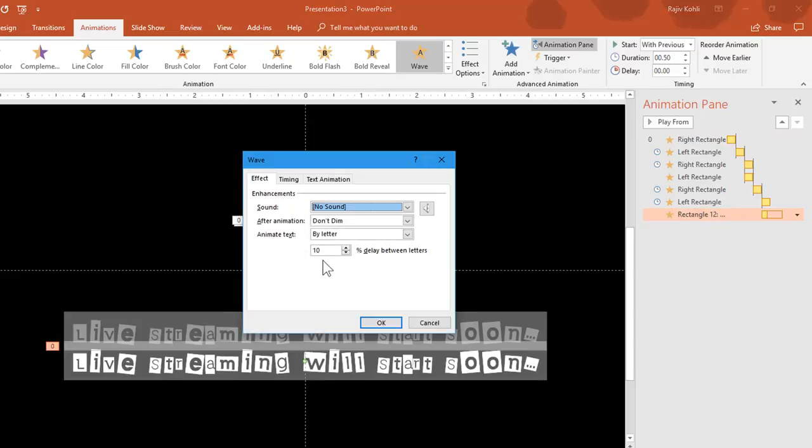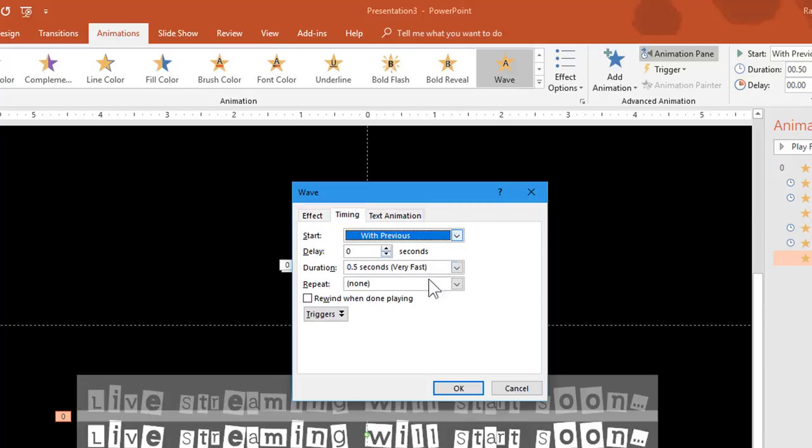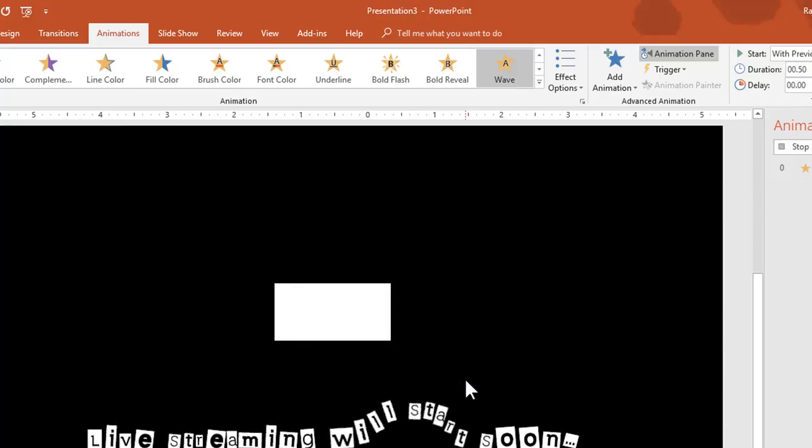Open the effect option. I want a delay between each letter of 10%. As you can see, I have selected animate text by letter with a delay of 10% between each letter, and I would like to repeat this animation until end of slide. That's it.